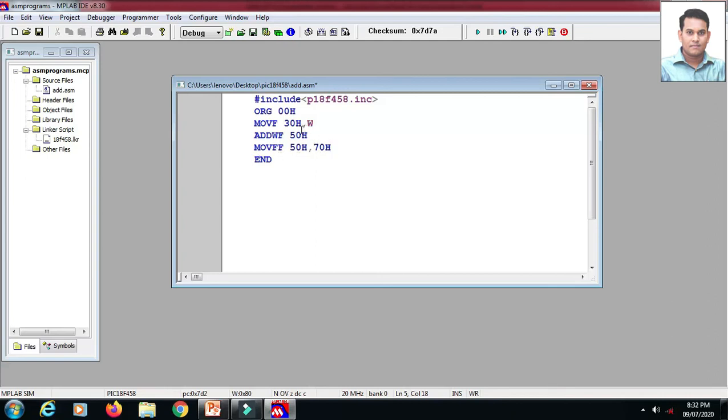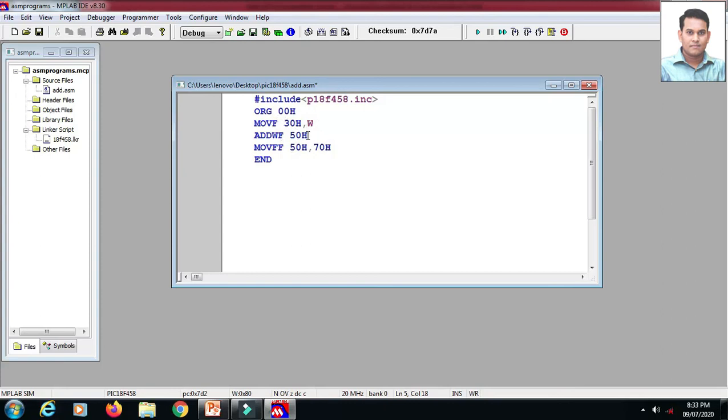One thing you should remember here, after addition, by default, if you are adding the contents of W register and file register, the result is stored in the file register or RAM location, you can say. That's why I'm copying data directly from 50h to 70h. In the previous example we had added the data in the W register, so we had not used any file register or RAM location in the program.